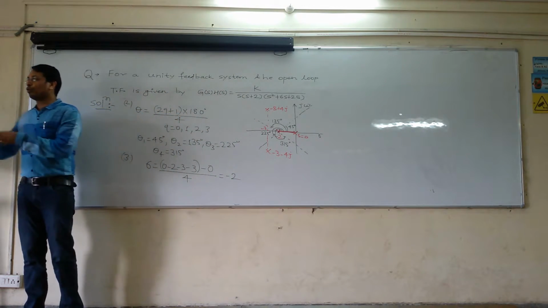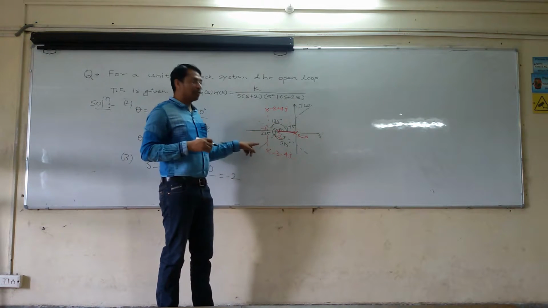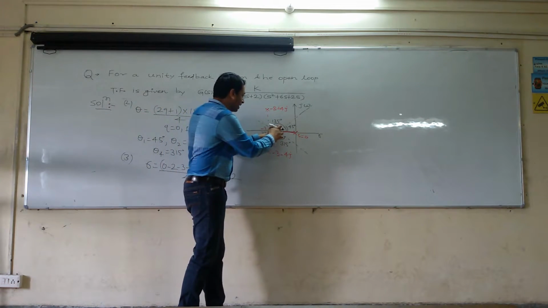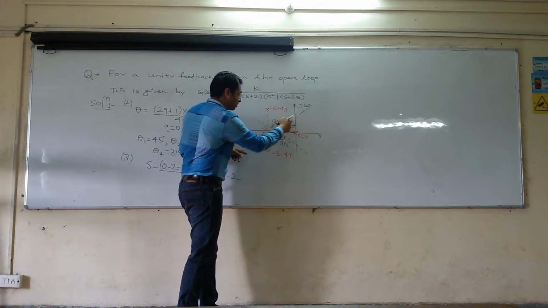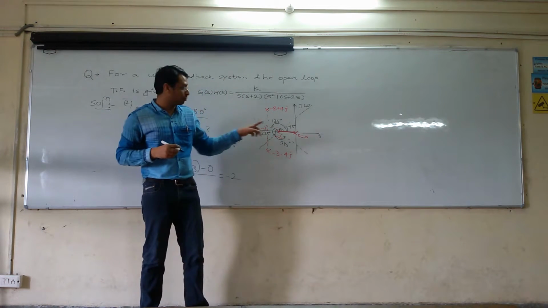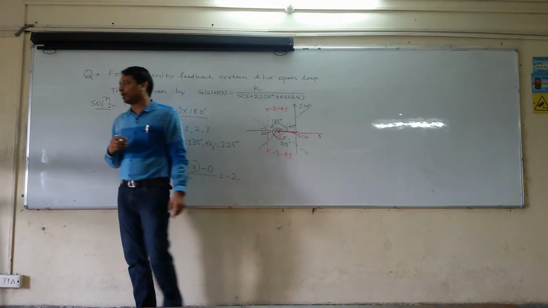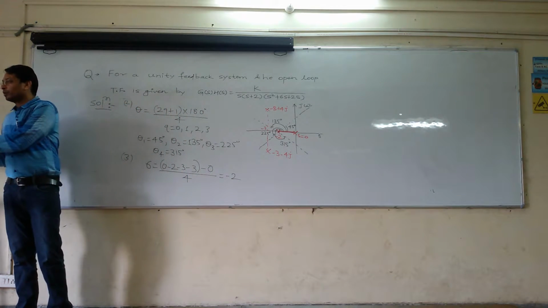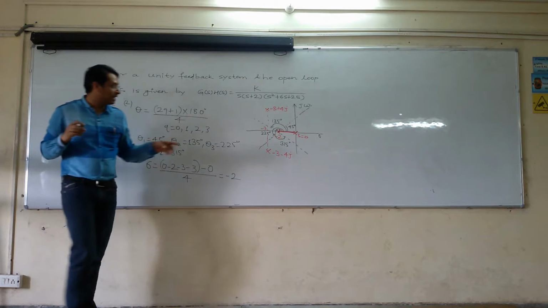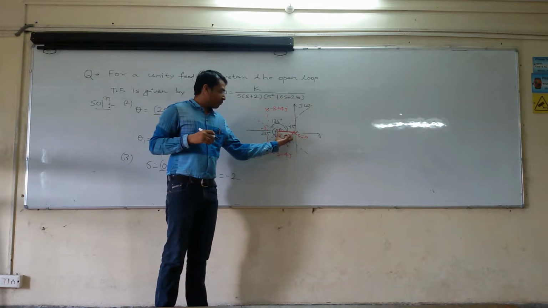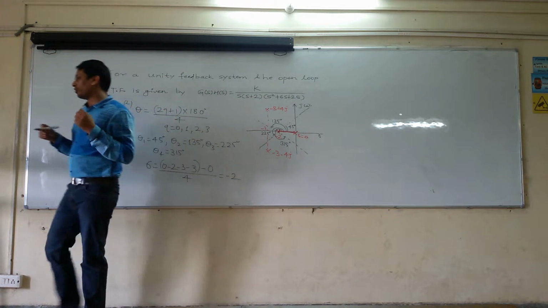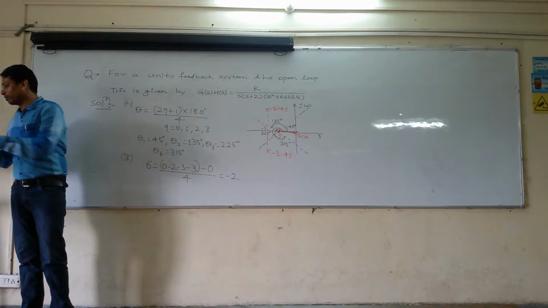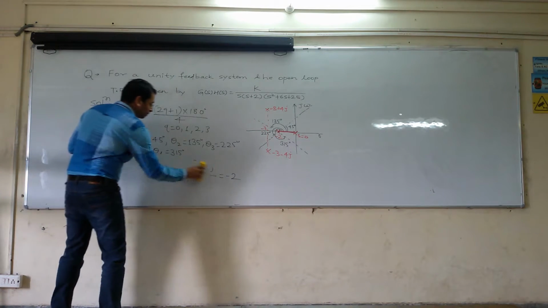Correct? We are not going to take the whole line as one of the straight line. It will start from here and it will move like a vector. You cannot say that this line is this line. So these are only 2 asymptotes. Rather you have to take each portion individually. So there are 4 asymptotes. Correct? So what is the next point? Next point is that from the various cases discussed in the previous class, you know that there might be a breakaway point between minus 2 and 0. So our next job is to find the breakaway point. So next point is the breakaway point. Calculation of breakaway point.